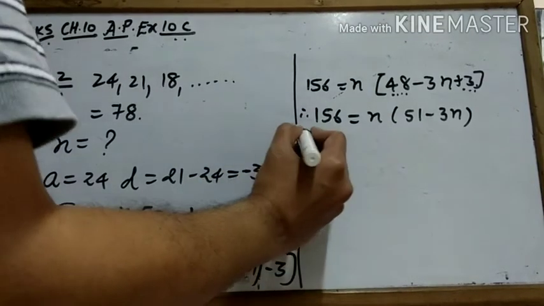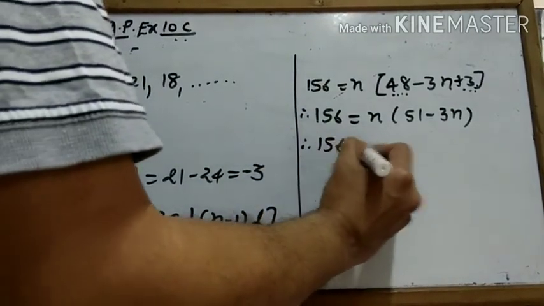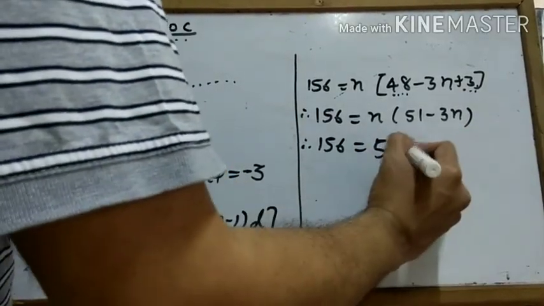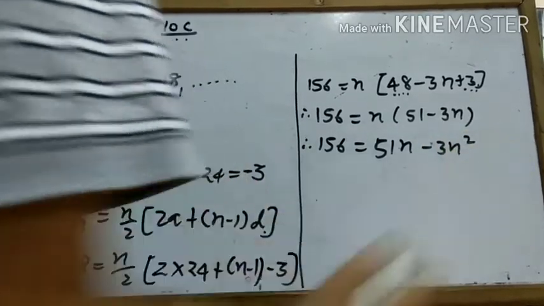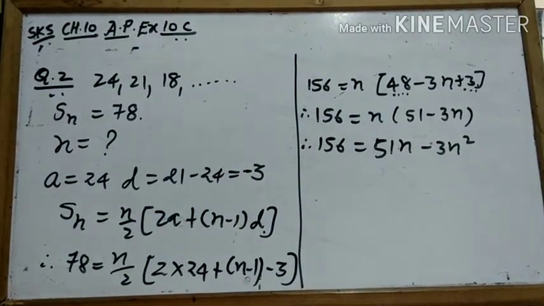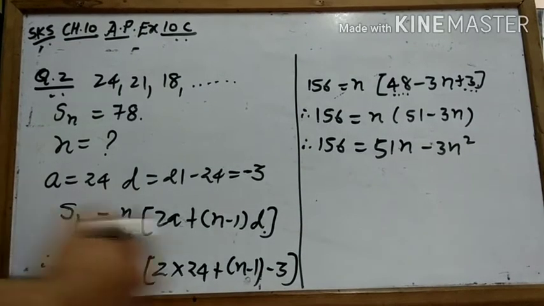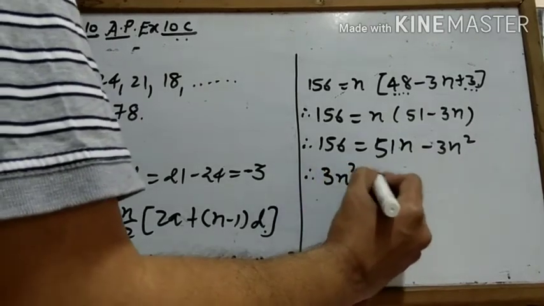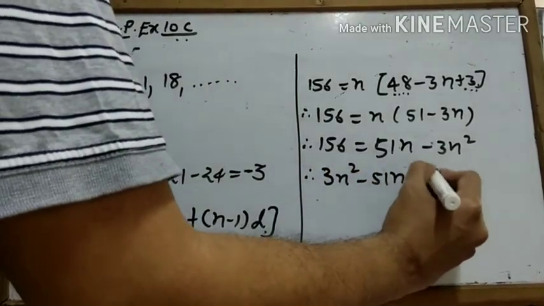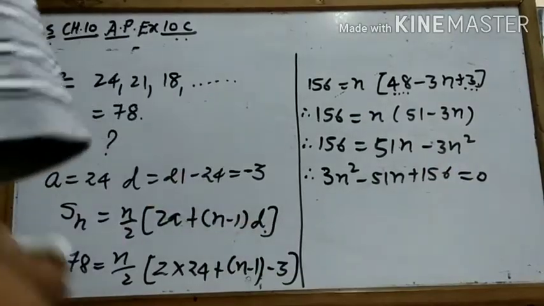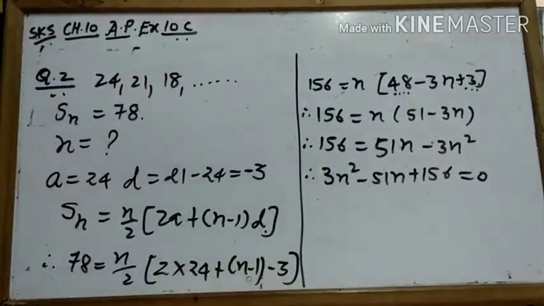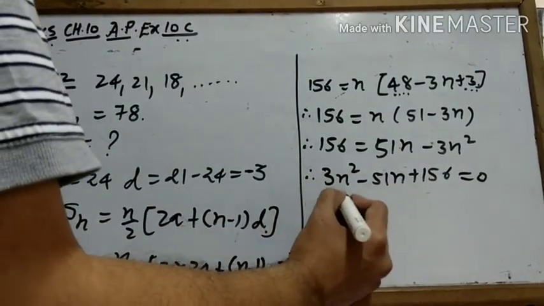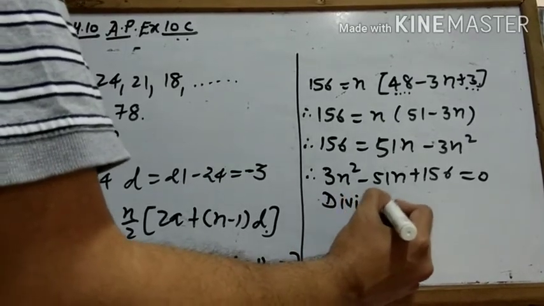On the right hand side I'll open up the bracket, so I get 51n minus 3n square. Now dear friends, you can see this has become a quadratic equation. So I'll try to frame a standard format of it: 3n square minus 51n plus 156 equal to 0. What I have done is brought all those terms from the right hand side to the left hand side. Now I can see every term is divisible by 3, so dividing throughout by 3,